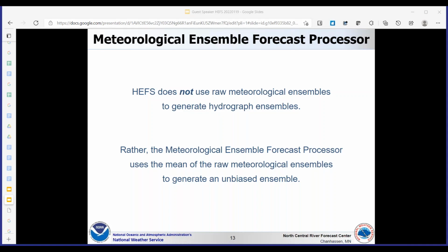The raw ensembles may be biased compared to the time series that we use to calibrate our hydrologic models. If we use the raw ensembles, these biases would transfer to a bias in the hydrologic ensemble. Therefore, the MEFP was developed to create unbiased temperature and precipitation ensembles.